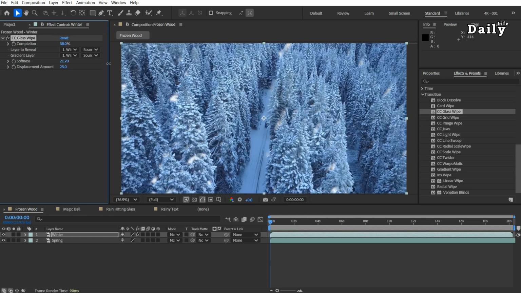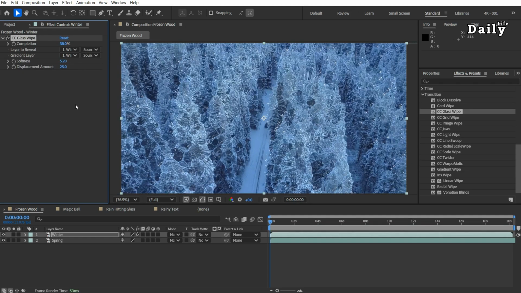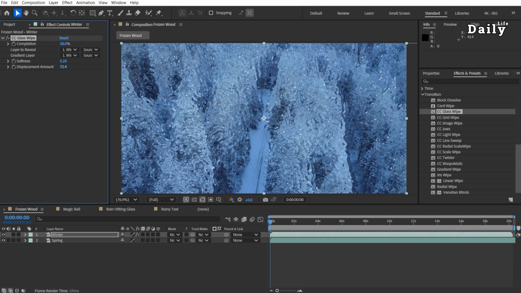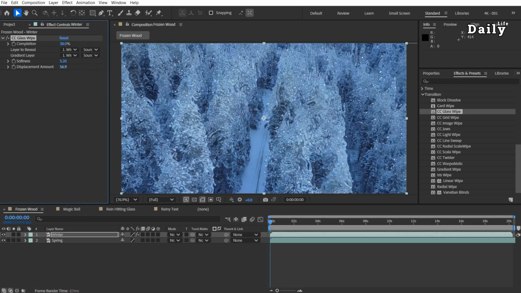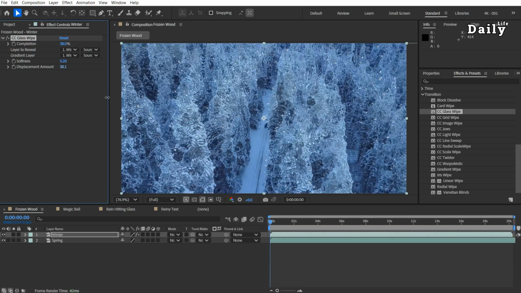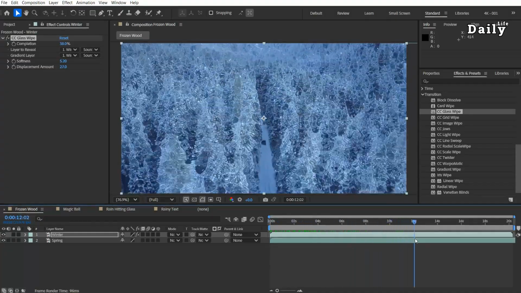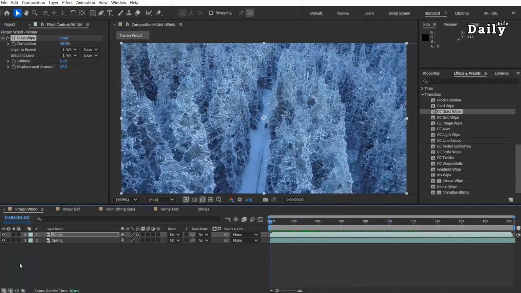Play with the softness parameter to see how the edges become softer or sharper. It creates the illusion of a glass reflection in the scene. Offset it to the lowest amount for now. Next, increase or decrease the displacement amount and observe how the glass detail becomes more or less pronounced. Remember, this effect starts with the lighter sections of your video or photo. For example, in this case, the brighter part of the video appears frozen instead of the car, which could be used to create a frozen food effect.